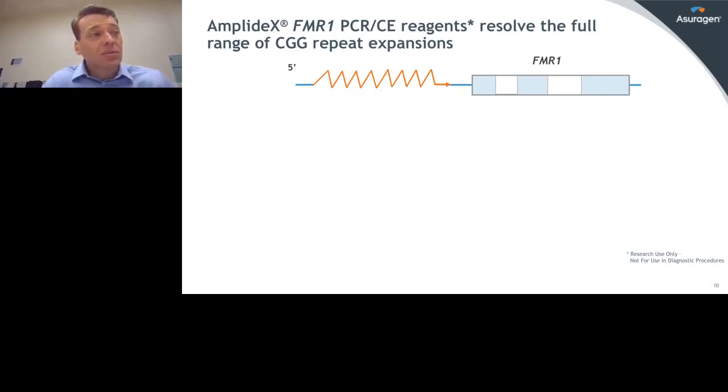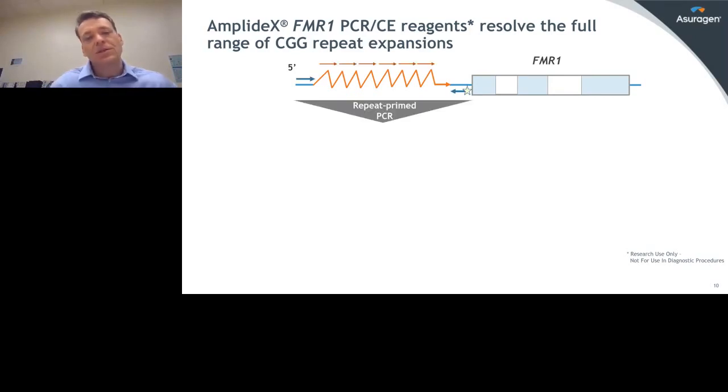And some of these repeats can be even greater than 1,000 or more in number, but then also have the finesse to be able to look at precisely the number of repeats that may be present in a sample for the reasons that I described. And the way we do that is using a novel PCR reagent set based on optimized chemistry, primer design, and thermocycling to be able to generate products that can navigate this high GC rich content.